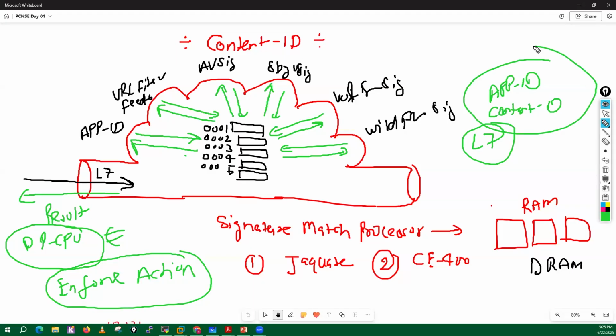We are not feeding that packet multiple times into the signature match processor. We feed this packet once and it gets processed right away in a single go. That is known as your single pass software.